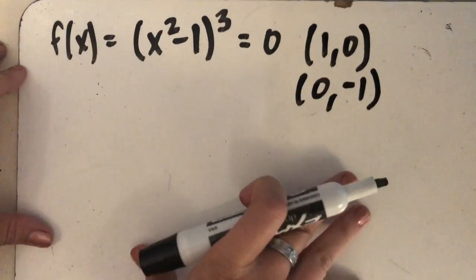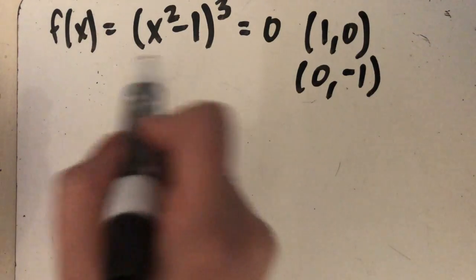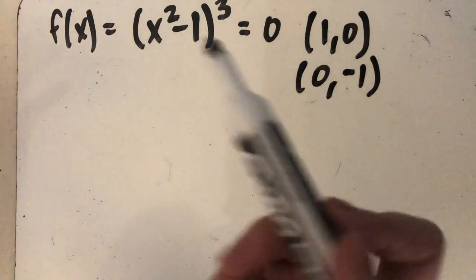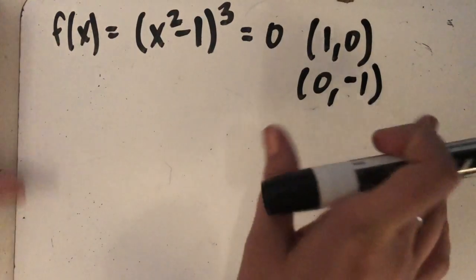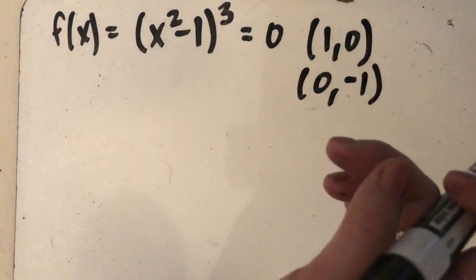Okay, so there's some good points for me. Vertical and horizontal asymptotes, those come from a denominator, and I don't have a denominator happening here. So I don't have any asymptotes. That makes this a little bit easier for me here. Now, find critical points, and that leads us to part A. So this actually comes from this